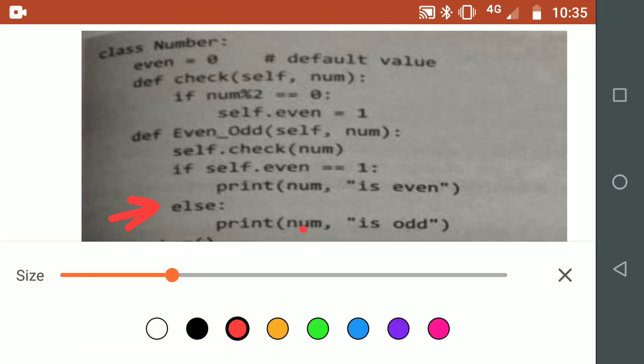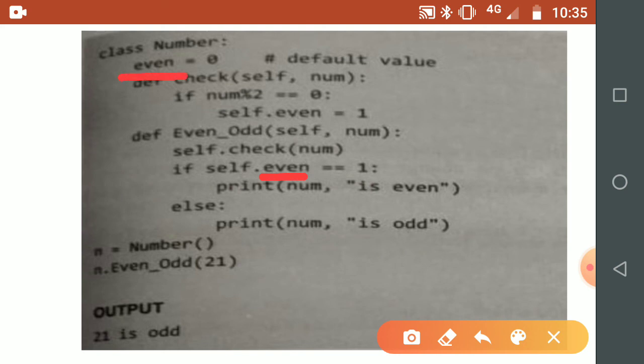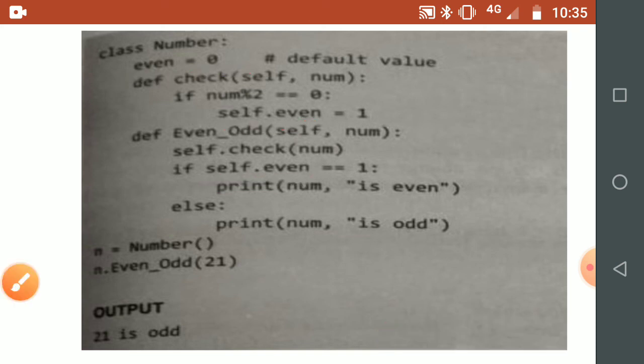But here if you observe, the e1 variable is nothing but the class variable. So this is our class variable and this is the object variable that we have taken directly. This self.e1 is the object variable and this e1 is the class variable. Names are similar, so this is the case where a clash of naming is there.